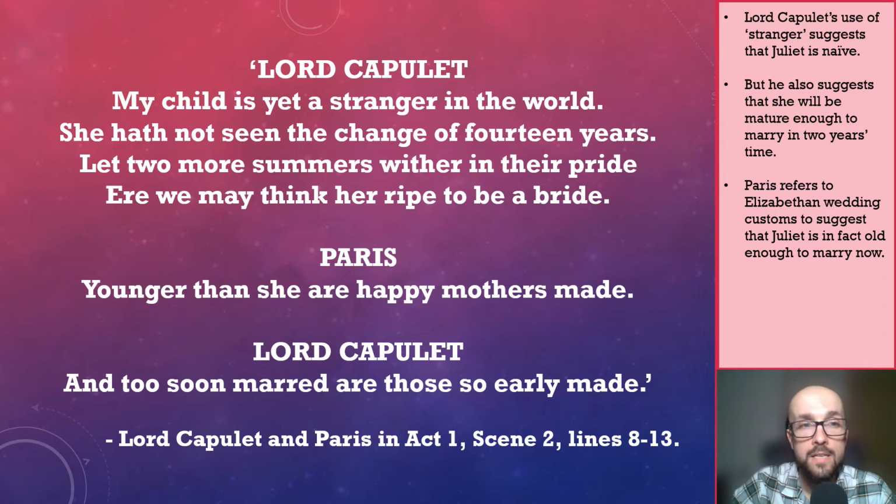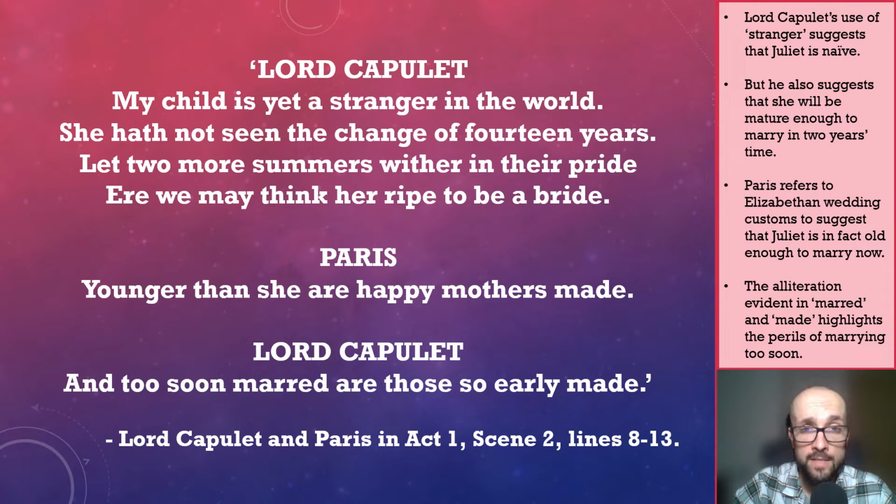Last, let's look at Lord Capulet's final line in this exchange. The alliteration evident in marred and maid is especially relevant to the theme of age and maturity. His use of maid echoes Paris's, which referred to Juliet being made a bride, whereas marred is a word that means ruined or spoiled. Because these terms alliterate, their contrasting meanings are highlighted, and so Shakespeare makes it clear that